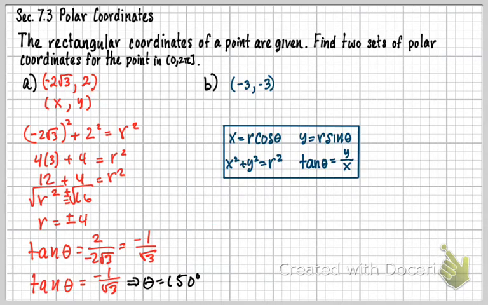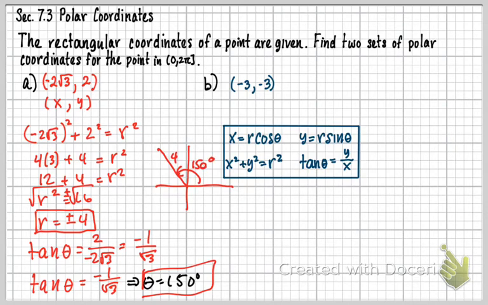So we know earlier that my r was plus or minus 4. Now we know our theta is 150 degrees. And again, we have to think about us being in the second quadrant. So now one ordered pair I can get from these right away is think about where I'm at. I'm in that second quadrant, so I'm over here. My radius is 4, and that angle could be 150 degrees. Okay, so one of my ordered pairs could be